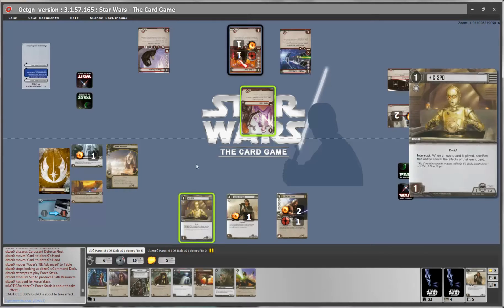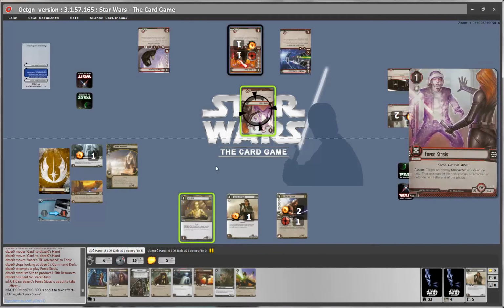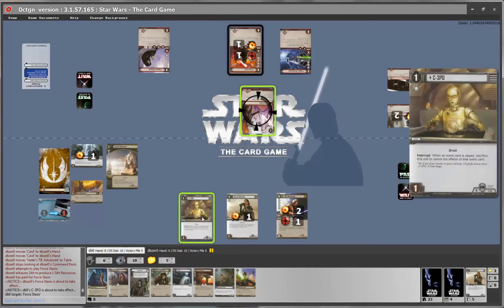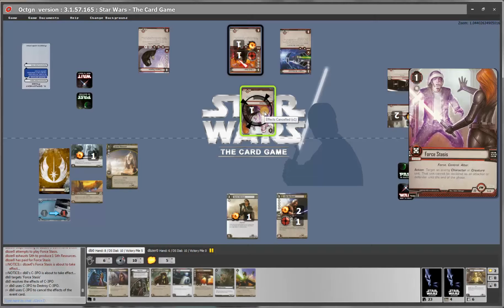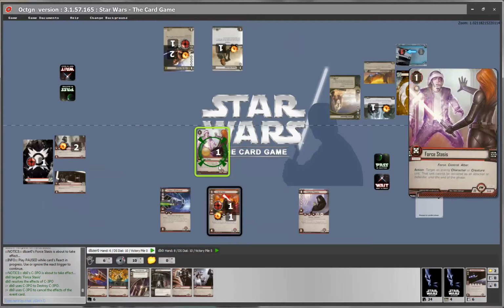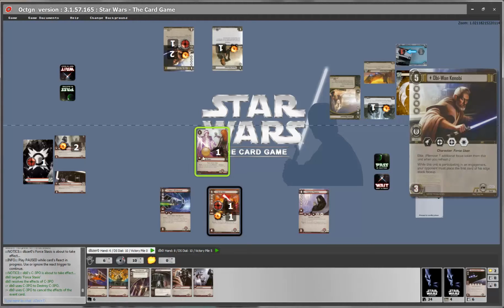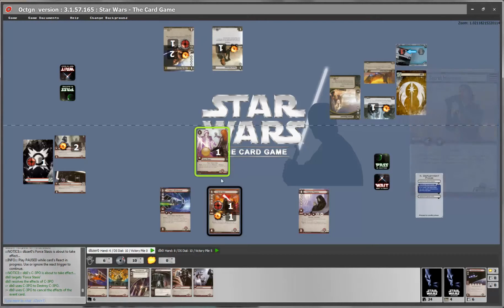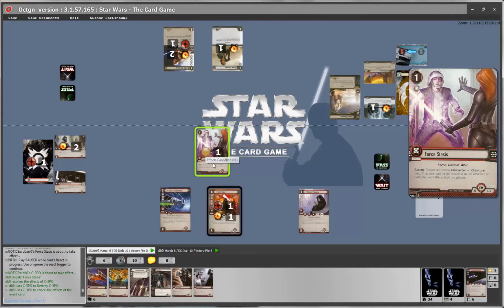So we double click on C-3PO and we notify that we're about to take effect. We target the card about to take effect with C-3PO. We double click him again, and the card gets an effects cancelled marker. Now, when my opponent tries to use their Force Stasis, even if they haven't targeted a proper target, since it's a forced effect cancel card, it will automatically be discarded. So let's try that now, see what happens.